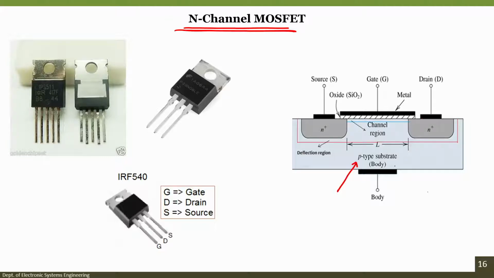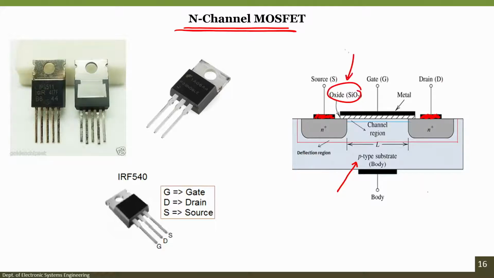We will take this as a separate class where I will be showing you how to design a process flow for creating a MOSFET. However, just here you focus that you can dope n plus type of impurities inside a p type substrate, and then you have a metal connection, which is this black line here, these black boxes, right, and you have a source and drain. Similarly, you have a thin silicon dioxide, right.